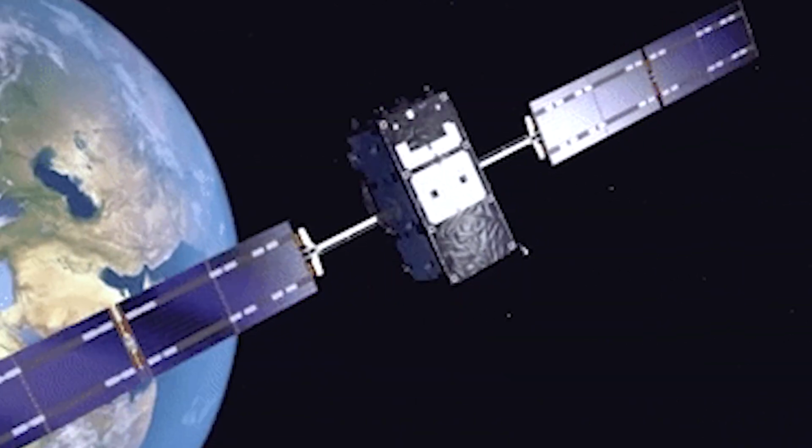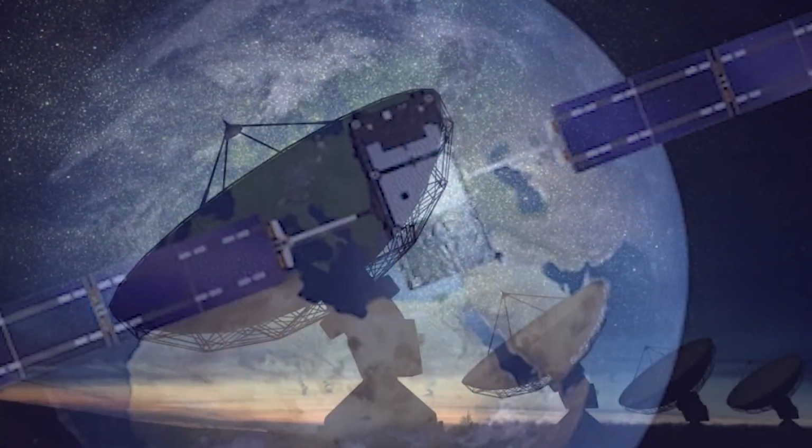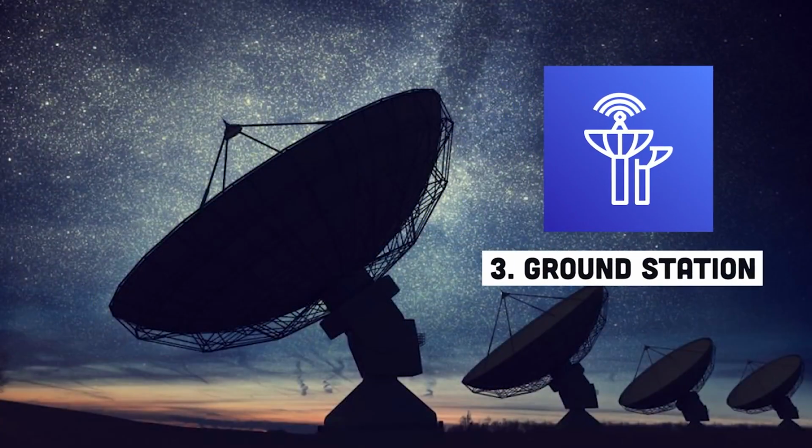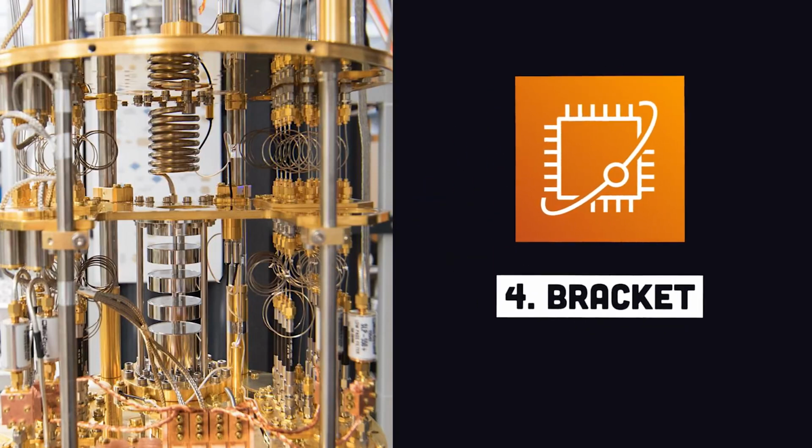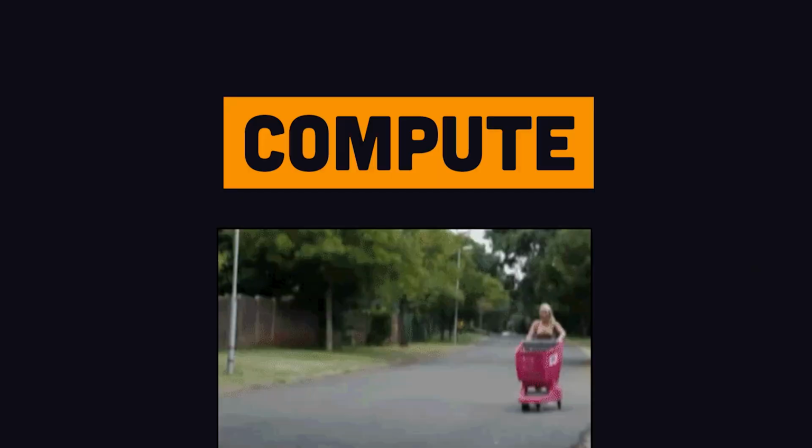If you happen to have a satellite orbiting Earth, you can tap into Amazon's global network of antennas to connect data through its Ground Station service. And if you want to start experimenting and researching the future of computing, you can use Braket to interact with a quantum computer. But most developers go to the cloud to solve more practical problems, and for that, let's head